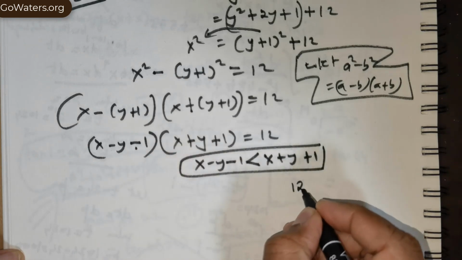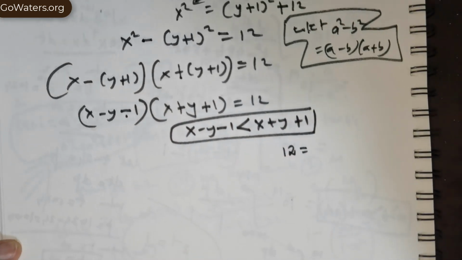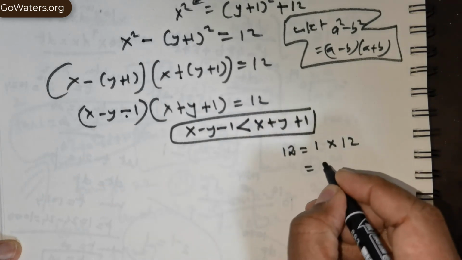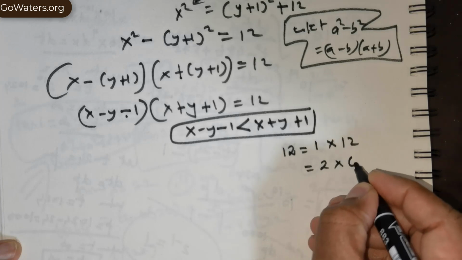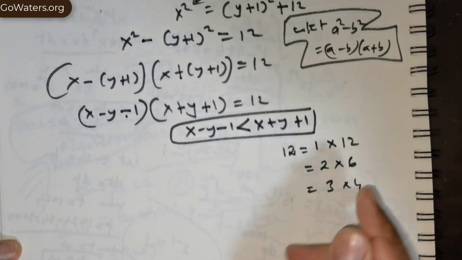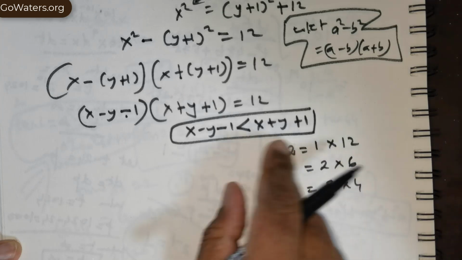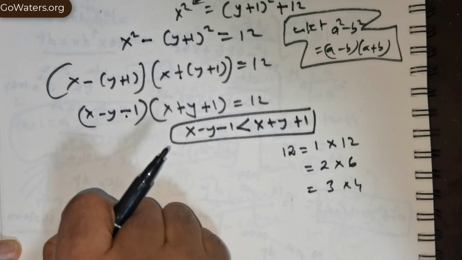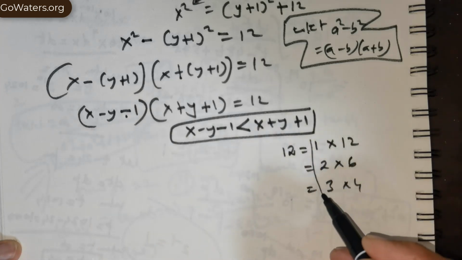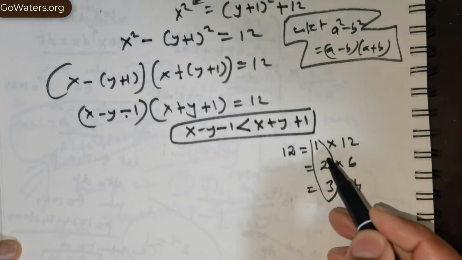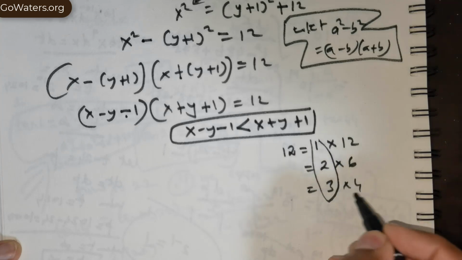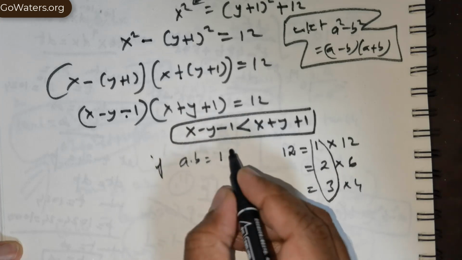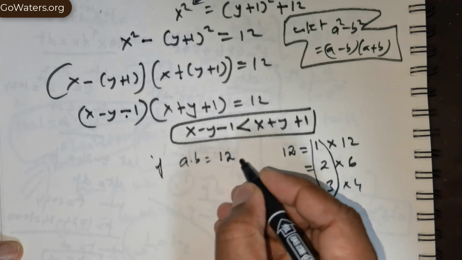If I were to write 12 as 1 into 12, or 2 into 6, or 3 into 4, then I would be able to find the values of x and y. Now you might be wondering, why did I write it like this, 1 into 12, 2 into 6 and 3 into 4? Because if a times b is equal to, say, 12,